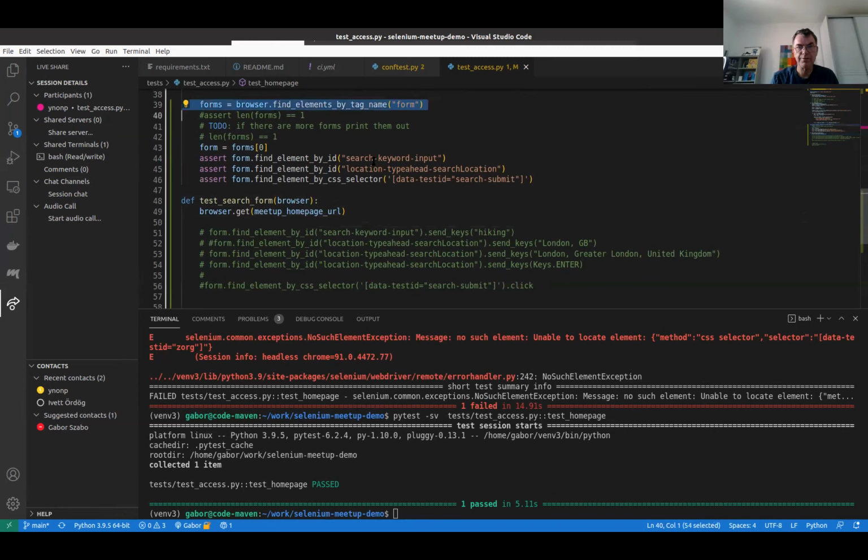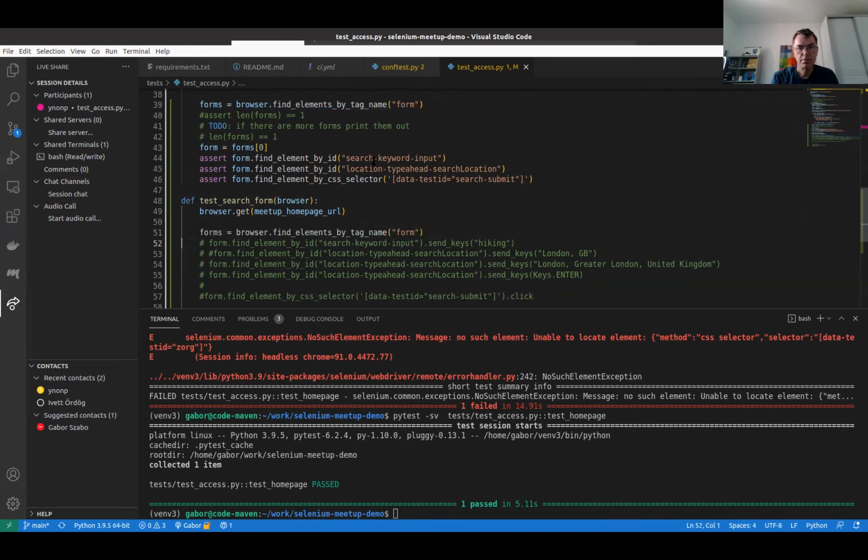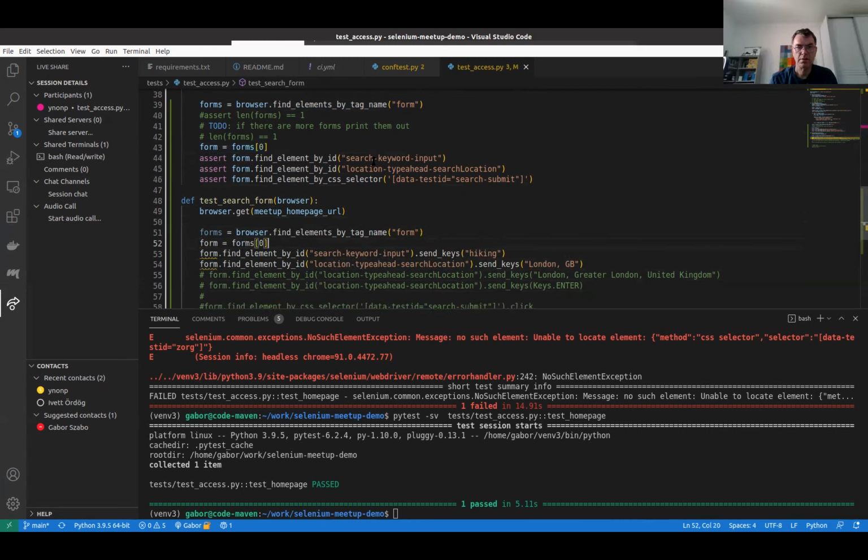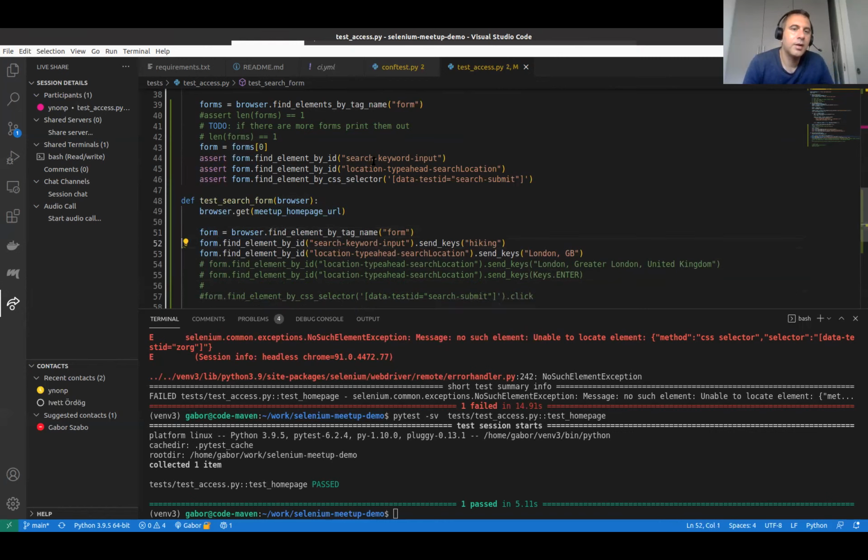By the browser, we get the forms, and then we get the form, which is this hiking, and somehow we type in London GB. You want line 43 also. Yeah, we also need this one. Or change it to find element by tag name. Remove the S. That would also work.